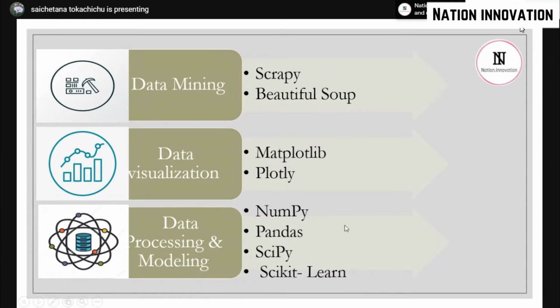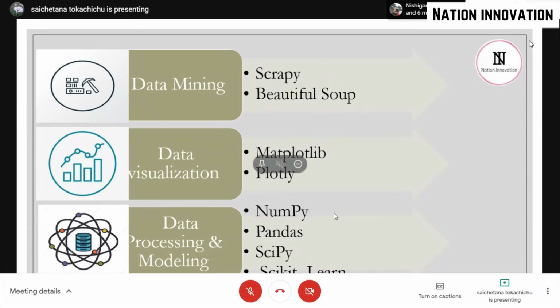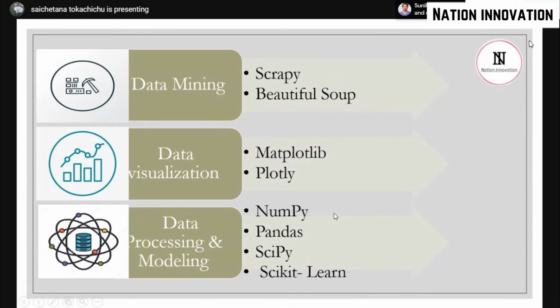I'll tell you what they are. NumPy is used for numbers. The operations you do on numbers can be handled by NumPy. Pandas is the main data manipulating library. This library is used to read the data, to transfer the data, to manipulate the data like adding new columns and all, to transform the data to whichever form you would require.